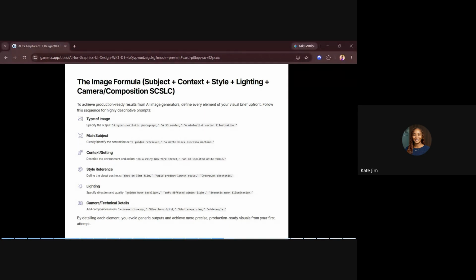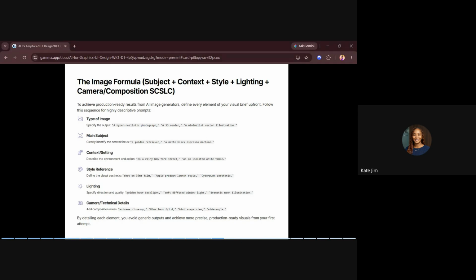If you want a 3D animated kind of image, you can say a 3D render. If you want a 2D illustration, you can say a minimalist vector illustration. And if you want the illustration to be 3D, you can say a 3D minimalist vector illustration. These are just simple formats that you can apply. It's not restricted to just one use. You keep applying them, and you can get your desired result.